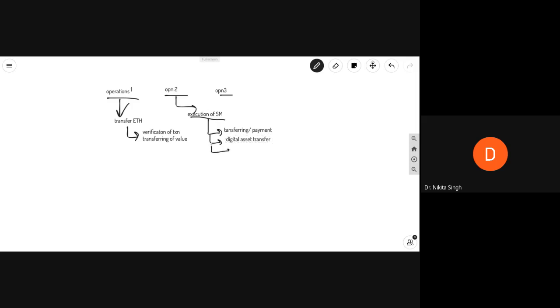It could be, say, will execution. You are executing a will. So different types of operations are there, and each of these operations has an associated cost on the network. If you are executing these operations, each of them has a specific cost, and this cost depends upon the amount of computation done on the network.